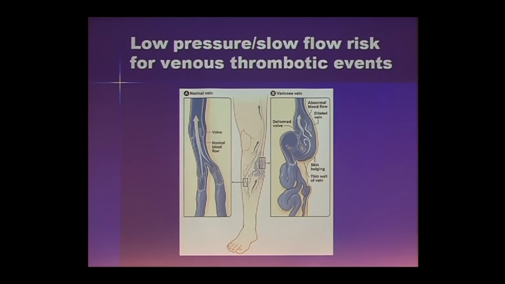On the venous side, the problem is that the low pressure and slow flow can create the problem on their own. If you add on top of it some issue with the venous wall, so that you have essentially varicose veins, the flow becomes even slower. So if you have blood that is flowing very slowly, what do you think is going to be happening? Clotting. You need normal flow of blood to avoid clotting as well.